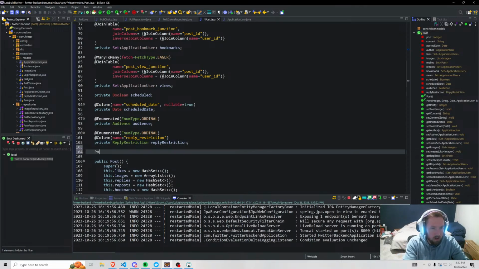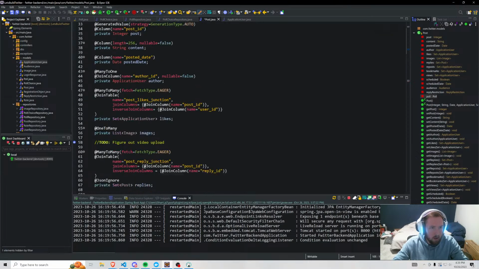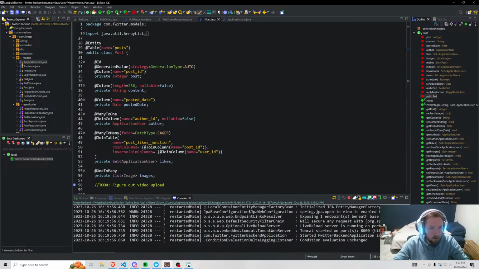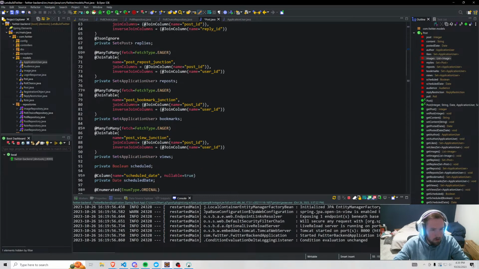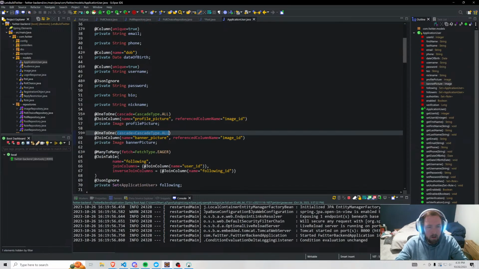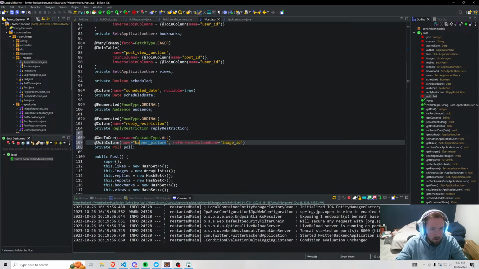We'll say private poll, at one to one, and then we'll do something similar again. We'll say one-to-one, and I think it was inside of application user. We had cascade equal cascade type all. That's fine. We can go ahead and throw that in there. So cascade, one-to-one cascade type all, and then there's like a join column, right? So there was the at join column. So we need the name of the column and whatever. So at join column, this would be poll ID,